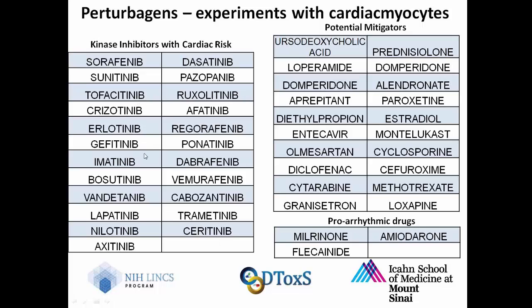They all have a NIB suffix on them, indicating that these are tyrosine kinase inhibitors that, as I mentioned, are primarily used for cancer. Through mining FAERS, we came up with this list of all these drugs that people may have been taking for some reason other than the cancer, but it just so happens statistically that when they take 2 drugs in combination, they might have a lower risk of developing cardiomyopathy compared to if they were just taking the cancer drug. So these are the potential mitigating drugs we want to test in combination with these kinase inhibitors